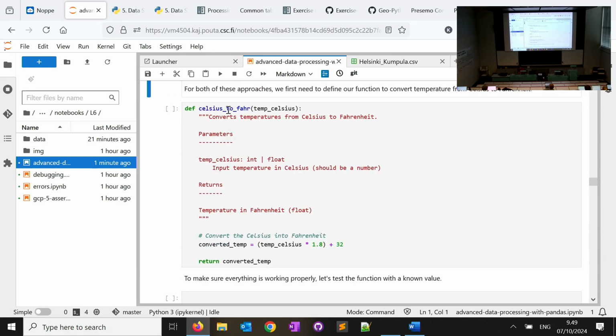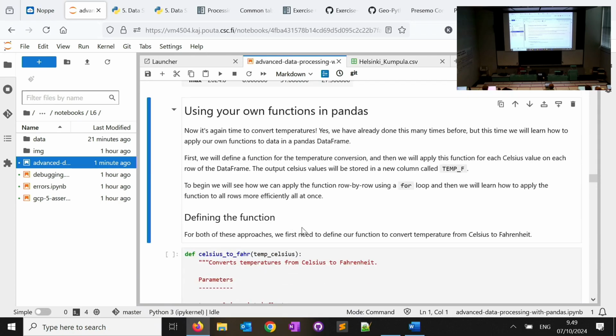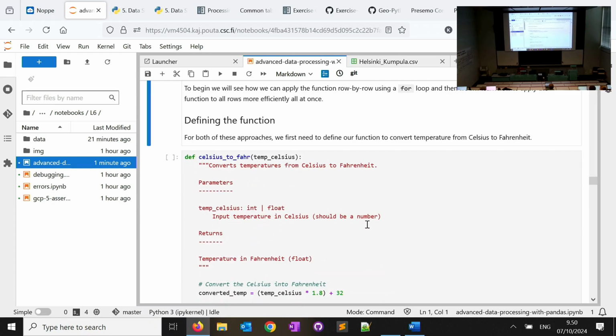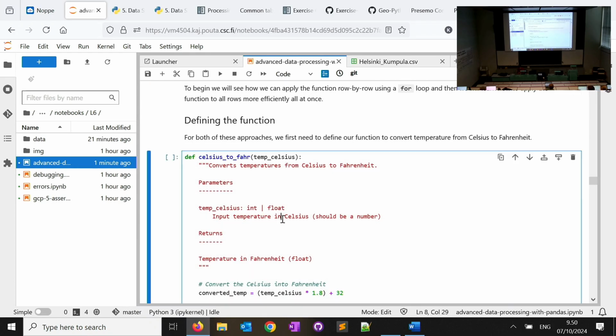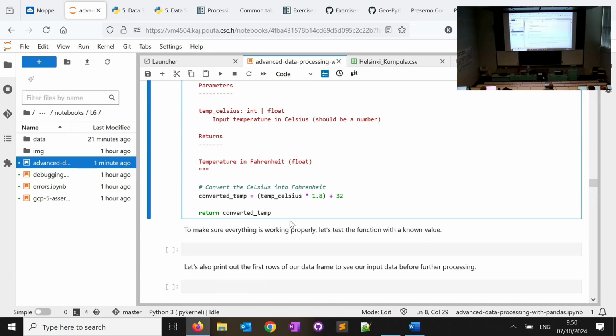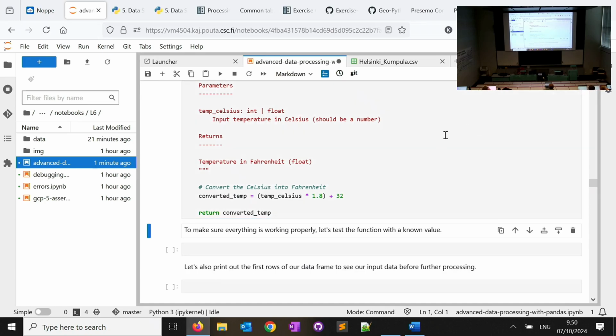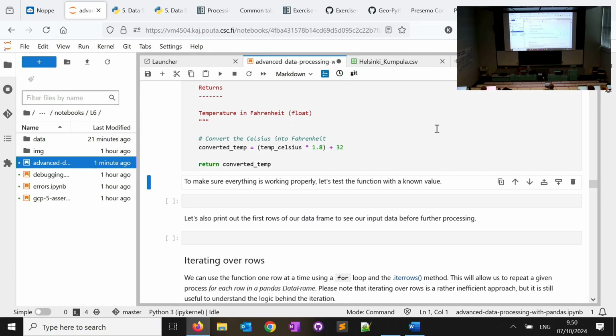So we know how we can convert temperature from Celsius to Fahrenheit, and the calculation is there. The function is defined here. We just have to run the cell. Okay, so now the function should be defined.